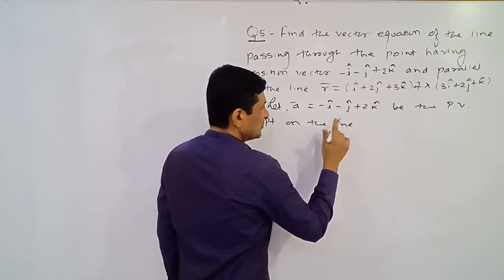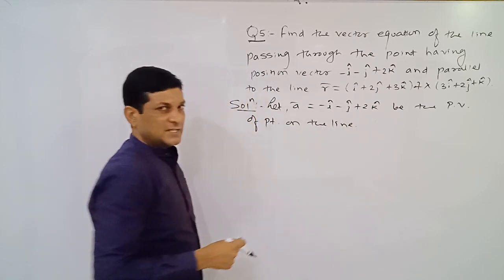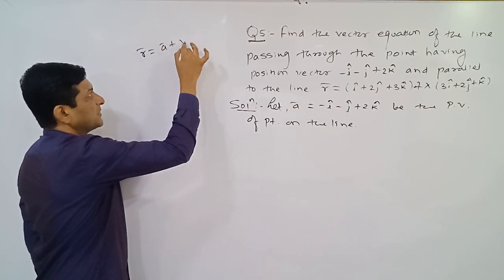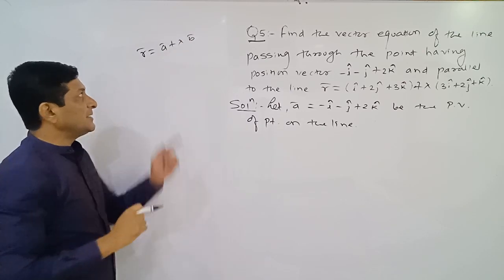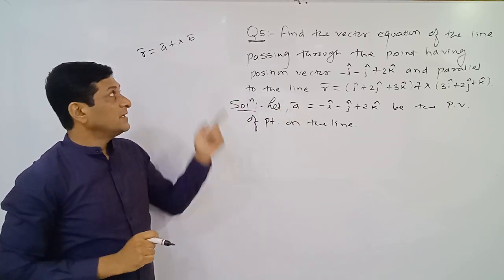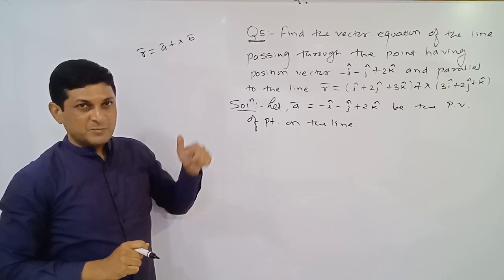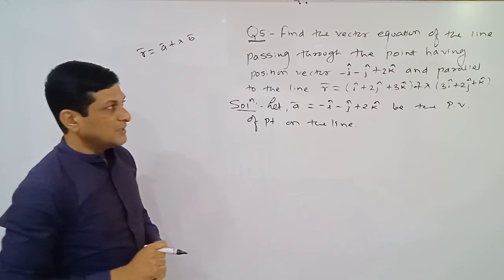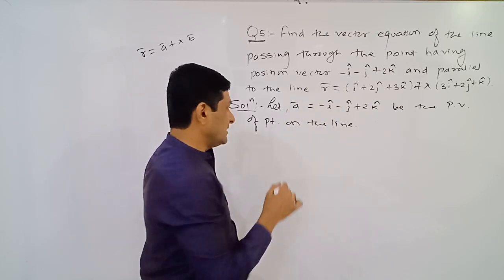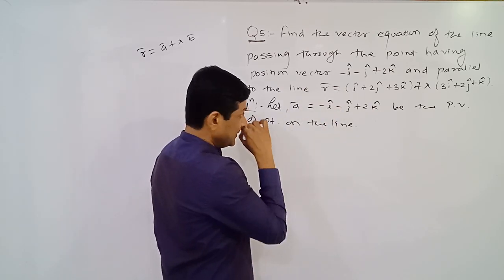So the position vector of one point on the line is given to us. In such cases, which formula do we apply? R bar is equal to a bar plus lambda b bar. Here a bar is the position vector of a point on the line, and this value is already known to us. Now we require the value of b bar, a vector parallel to the line. Now use the second condition. It is given to us that this line is parallel to the line